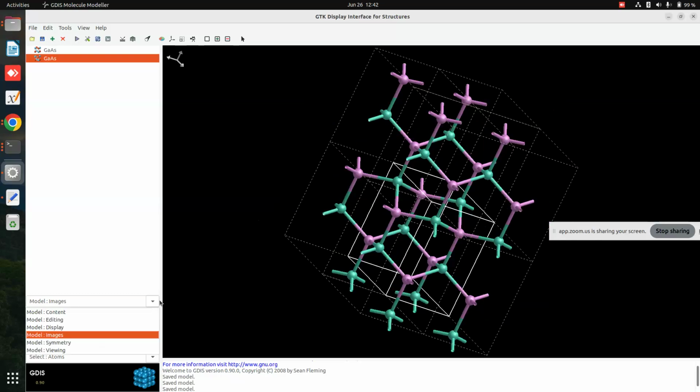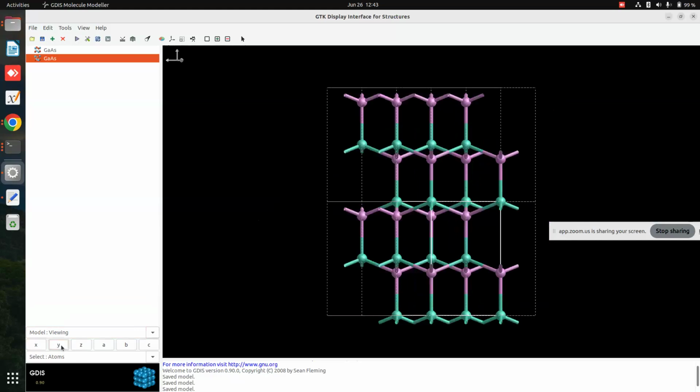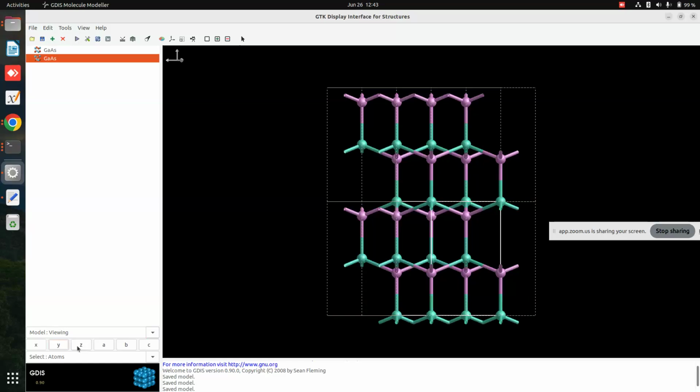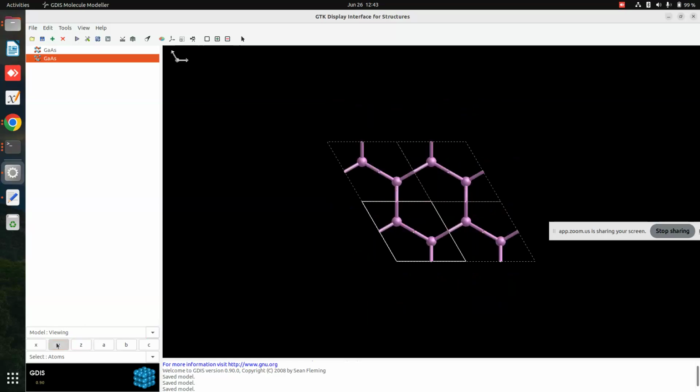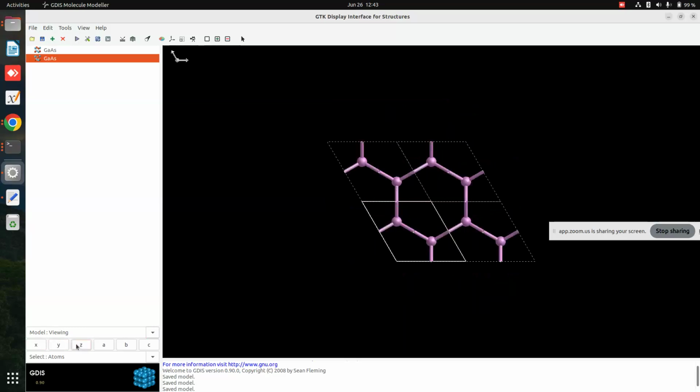But here, when we view this, along the x-axis it will look like this, that is the yz plane. Along the y-axis this is the structure, and along the z-axis this is the structure. So in all three directions it has been extended 2 times, but still the supercell is not created. In order to complete this, we have to do one more